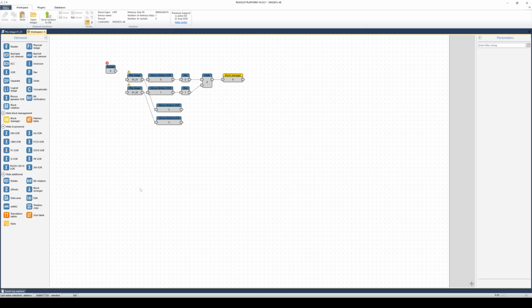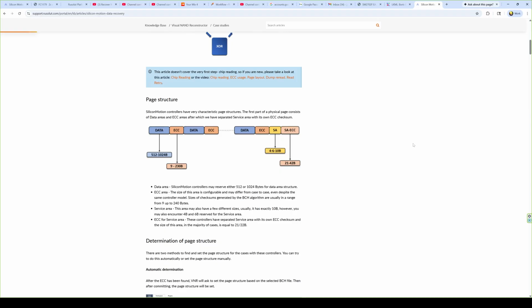Then we can solve the XOR in VNR. If we look at the documentation for a Silicon Motion controller, we see that the page structure is data, which is either 512 bytes or 1024 bytes, followed by error correcting code, which could be between 9 and 230 bytes, at which point the data and ECC repeats until it comes to the spare area, which is either 4, 6,